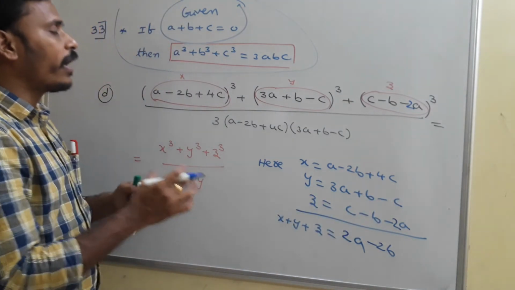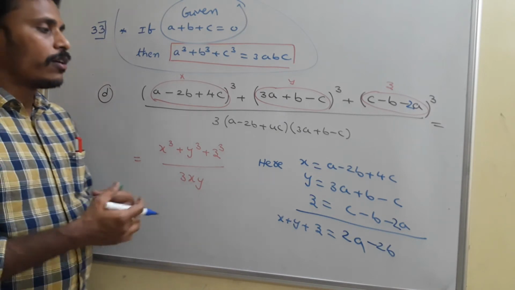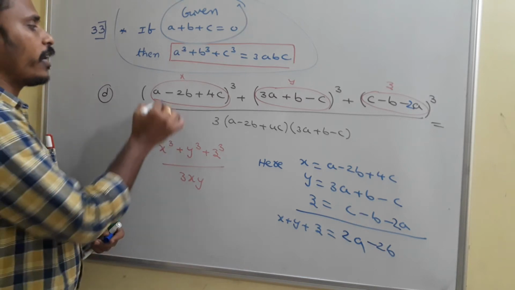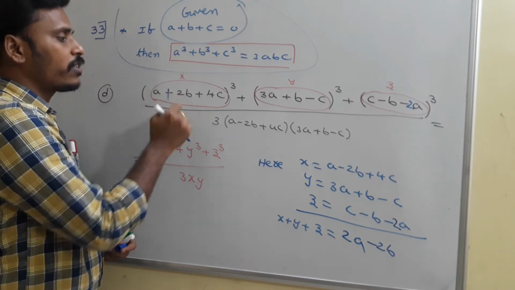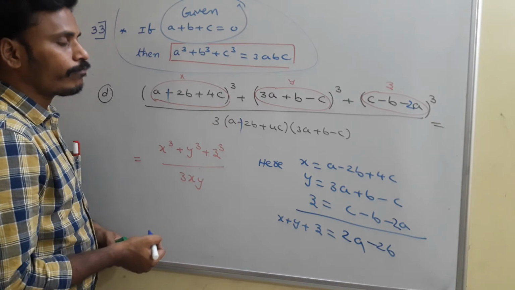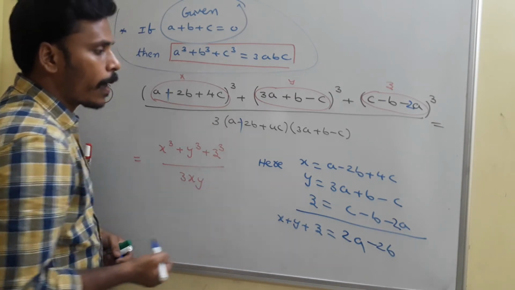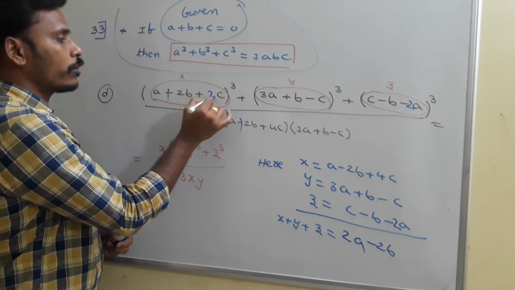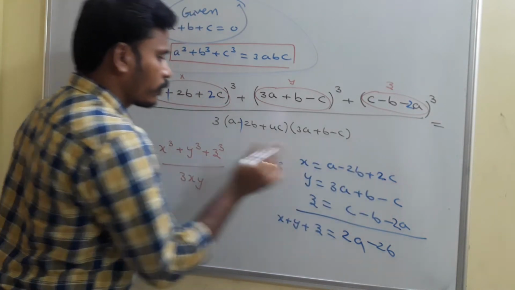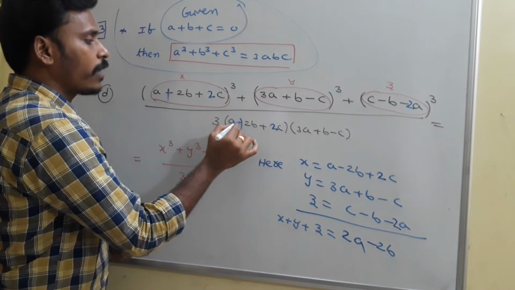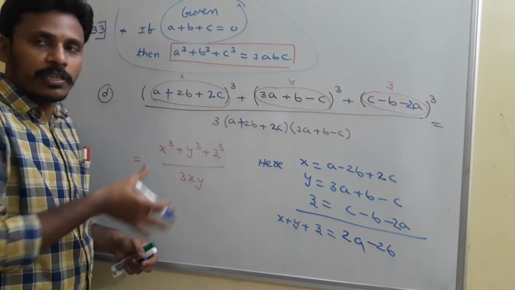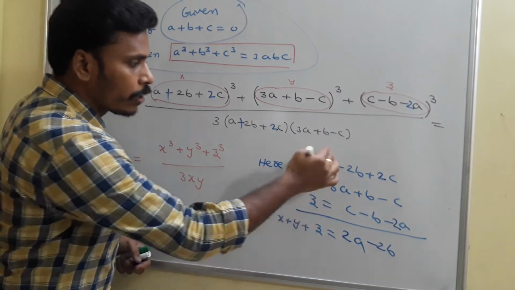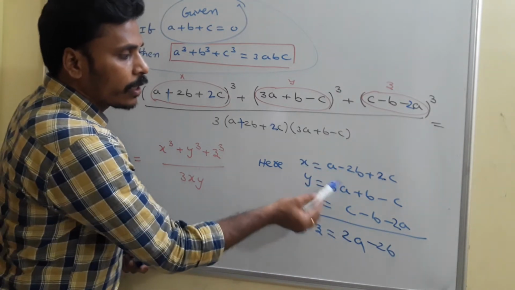See, I need to make use of that a plus b plus c is 0 here. So according to that, I need to change the problem also. See, treat this as a plus 2b. Yeah, and then if c gets cancelled, I need 2c, right? So take here also 2c. So if the problem is like this, just I am framing the question here. See, I may come under some mistakes there. So if you now add it,